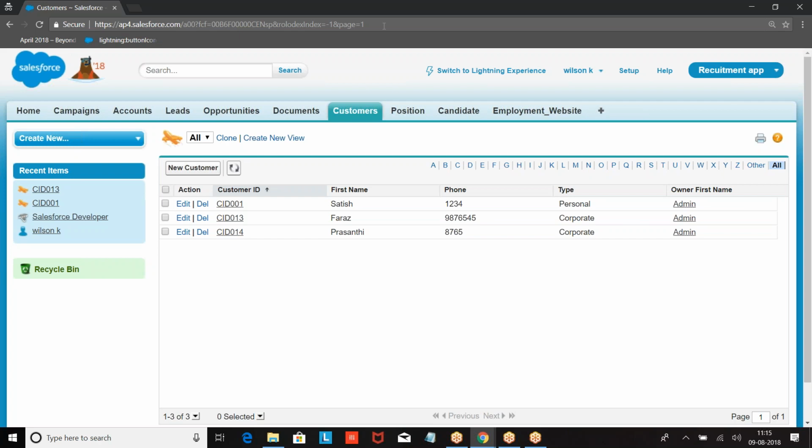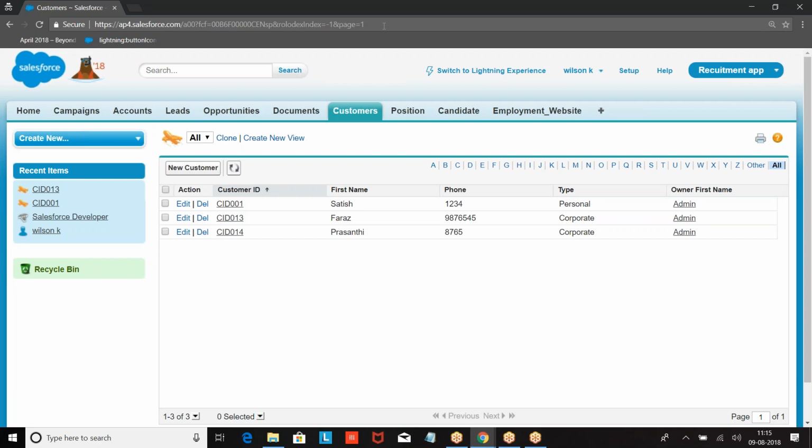Tomorrow I may own 10 records. So all the records which are owned by me will be automatically shared with this guy. Tomorrow if I add 2 more records to my name, they will also be shared automatically. Criteria based: whichever records are meeting the condition will be shared with the user. Tomorrow, if 10 records are meeting the condition, 10 records.